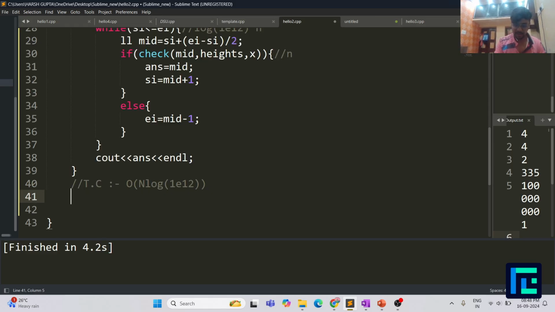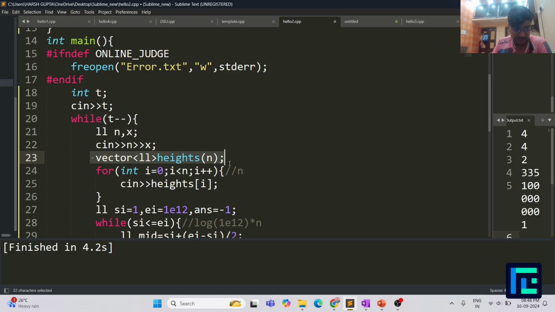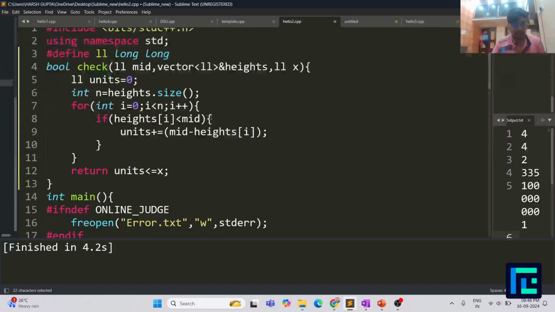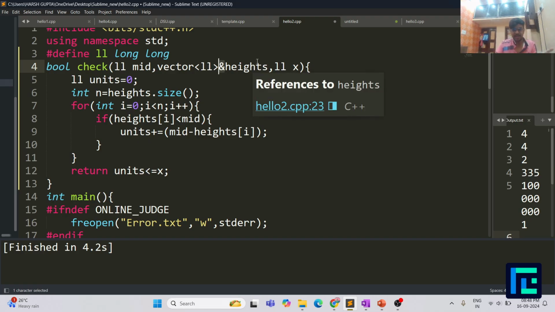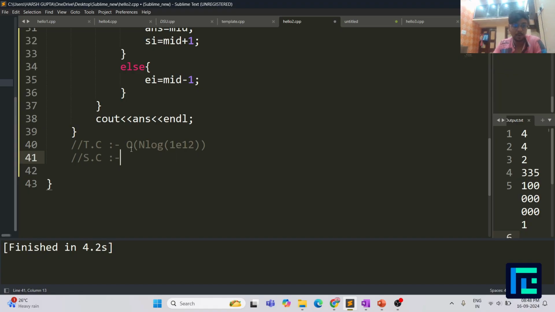What's the space complexity that you require? The space complexity is, you are building a vector height that is of size n, so it is requiring n space, and all other variables are constant. Over here also in the checker function, since you are passing your height as a reference, it is not copying, it is just pointing to the same memory location. So you don't require extra space over here. So we can say that the space complexity is nothing but big O of n, and it will definitely pass the given